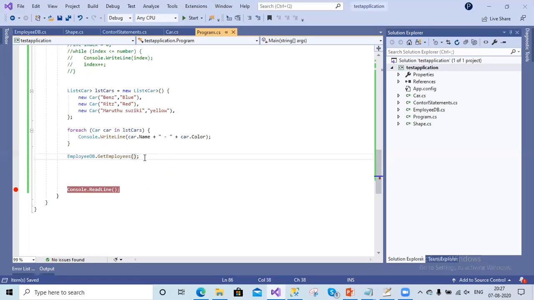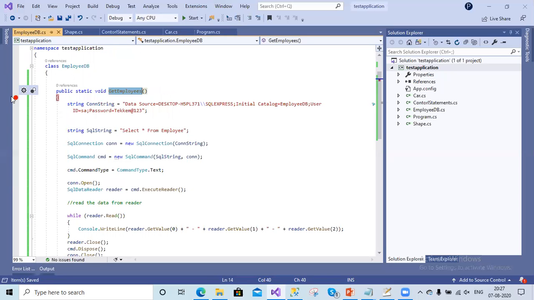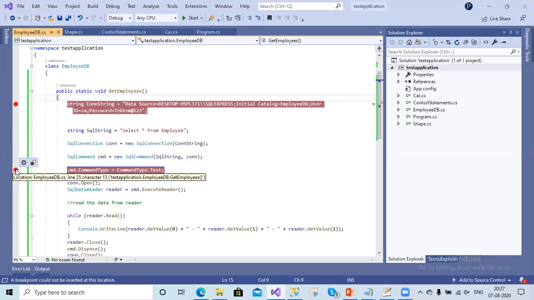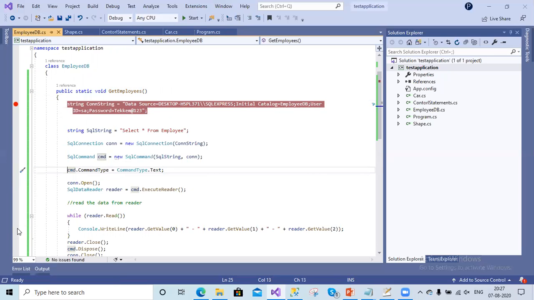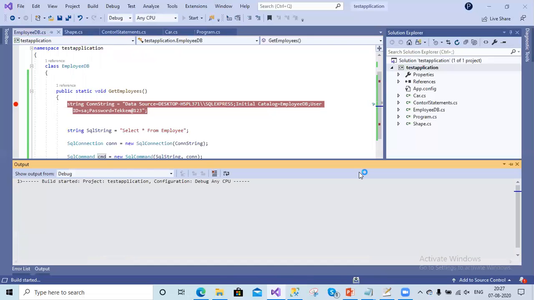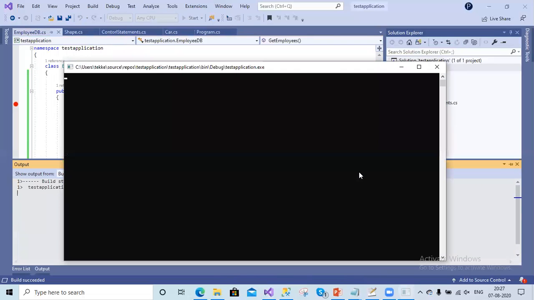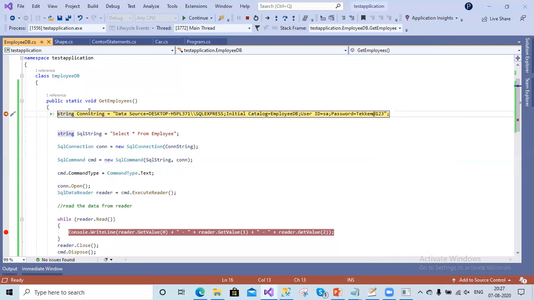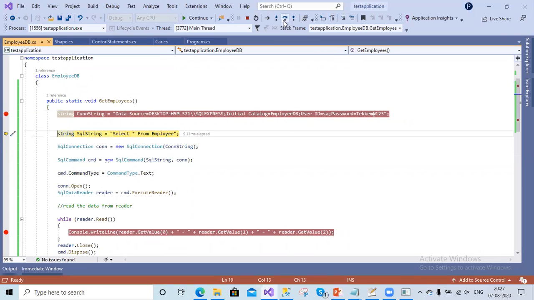Let's save it and put some debug points here to see what's happening inside our code. I'll put a debug point inside this while condition so that we can see. Here we are entering this method. To go line by line, we have the F10 command, step over. If you click F10, it moves to the next statement.